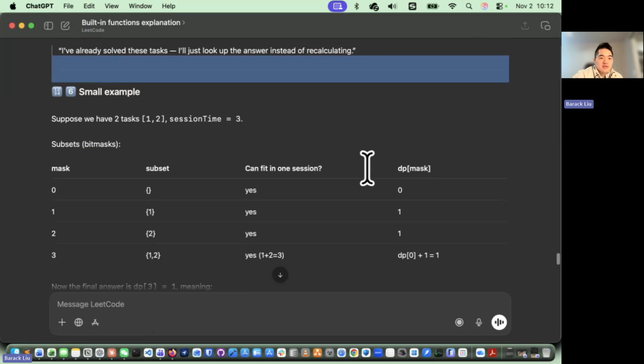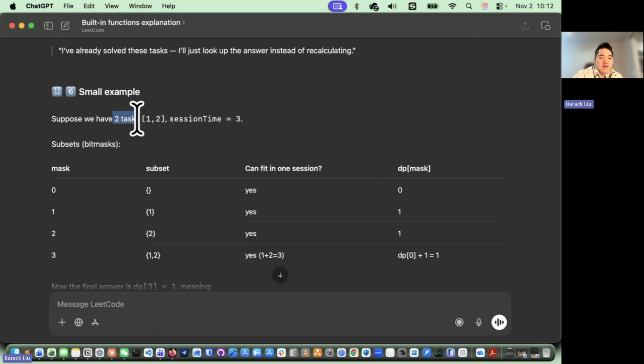And yeah, here's an example. Let's say we have 2 tasks, 1 and 2, and session time 3. When mask is 0, the subset is empty first, right? Can this fit in one session? Yes. So DP[mask] will be 1. And then we move on to mask 1. The subset is 1. It can, yes again. DP[mask] is 1. Mask 2 still can fit into one session. DP[mask] is 1. Mask 3, which means we have